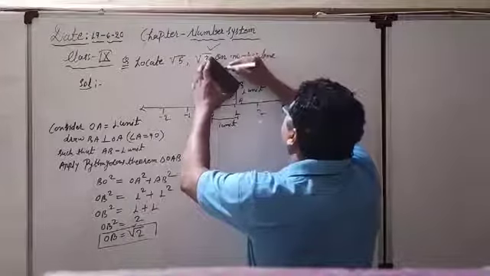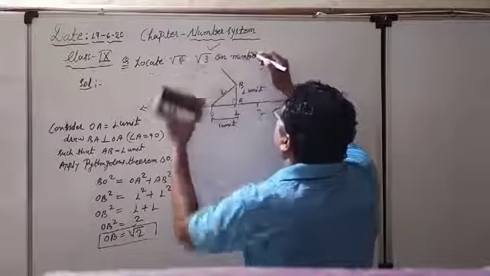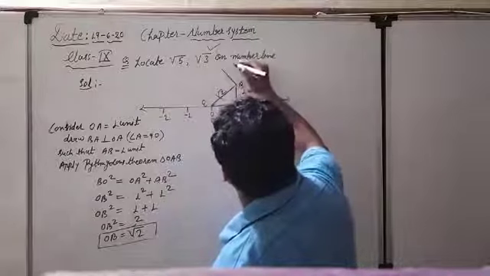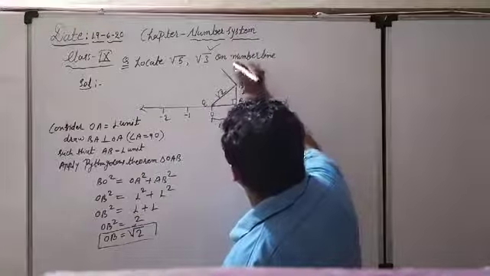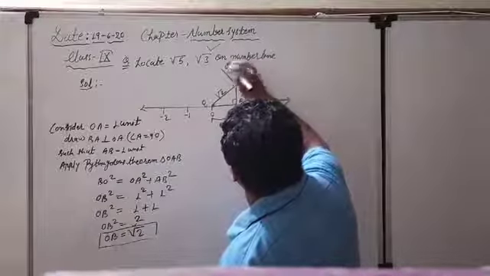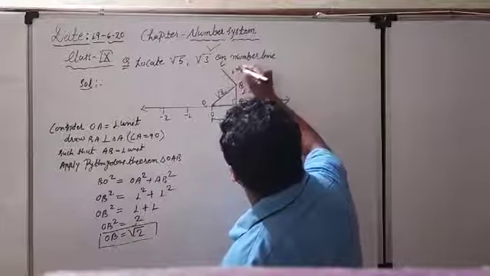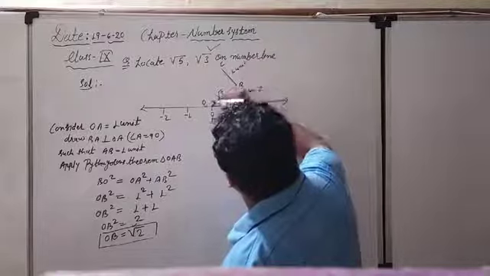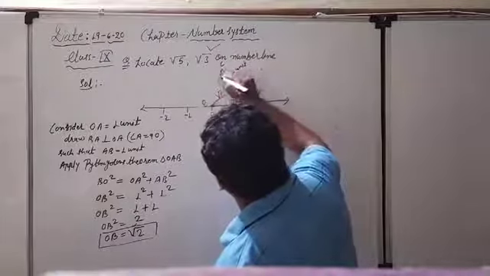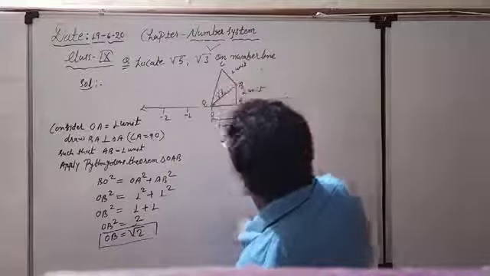Okay, with the help of the duster you can see nothing. This is again one more perpendicular. Suppose this is BA, so this is CB. This is CB, no problem. And again it is equal to 1 unit. And according to that, this OC is going to be my hypotenuse.